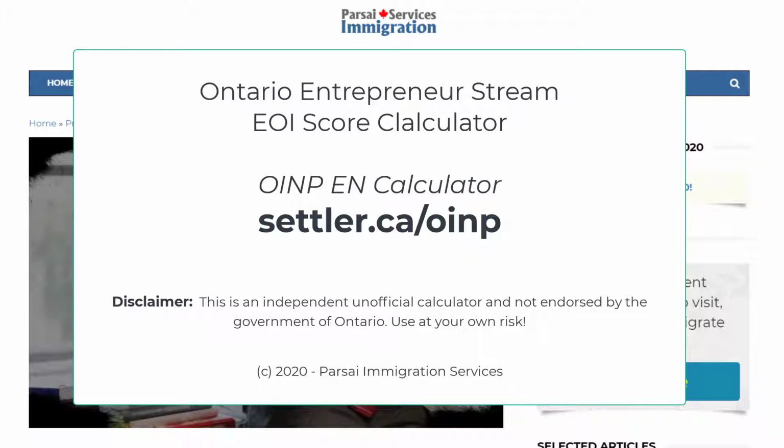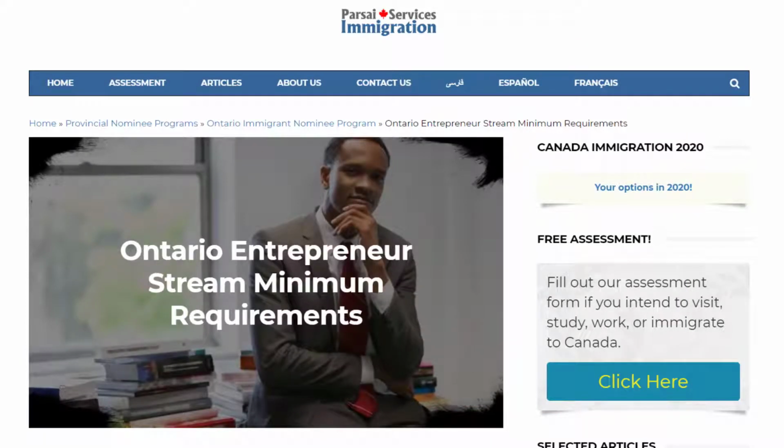If you intend to immigrate to Canada and your destination is Ontario and you are a senior manager or an entrepreneur or a job creator or a business owner, then Ontario Entrepreneur Stream could be a potential option for you. However, you need to know about the minimum requirements and also about the point system and how to enter the system. That's why we have created this calculator on our website to assist you evaluate your potential for immigration to